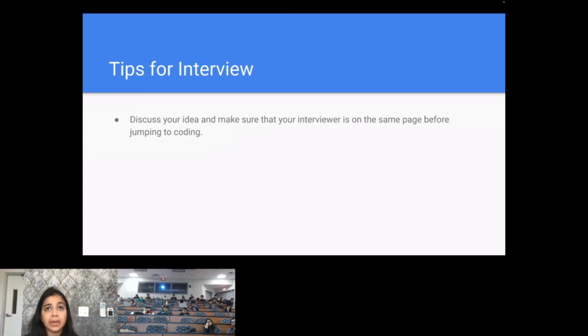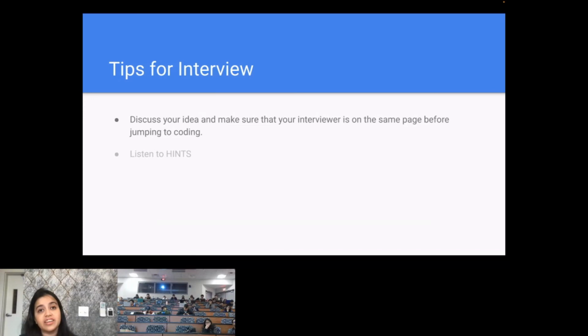And secondly, maybe you have mistaken that question to be something similar that you have seen. So you start to code and write a whole solution, taking up half an hour of your interview, and then realize that this is a different problem. This whole situation can be avoided if you just confirm with your interviewer that this is what I'm thinking and this is the way to solve it. Your interviewer will let you know immediately if that person prefers a different way to solve it. And it's better to go that way because the interviewer is trying to help you. So always make sure you discuss before you start coding.